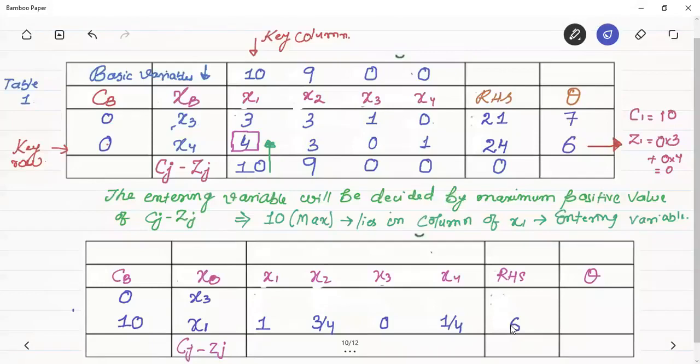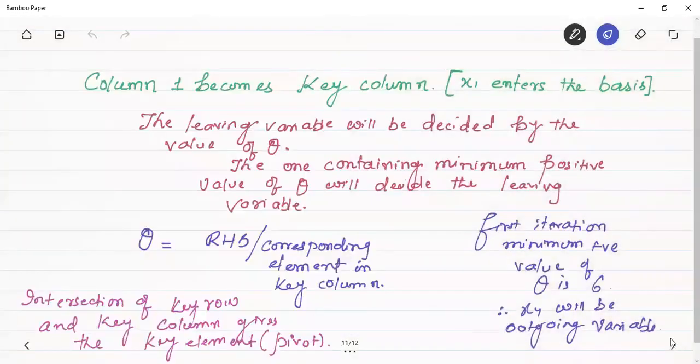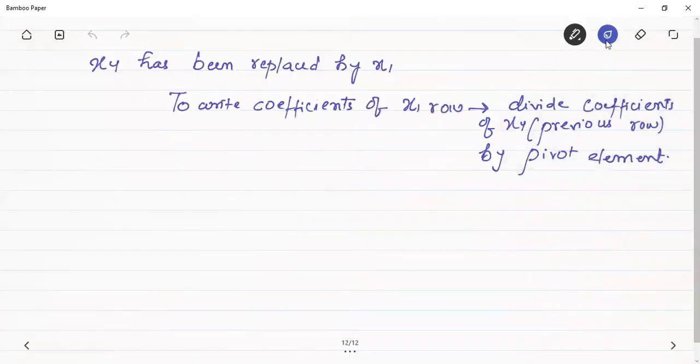Now see the most important point where students make mistakes. Okay, focus on this completely, whenever we write the basic variables, see in the first one the basic variables were x3 and x4, I will write it here, first iteration,